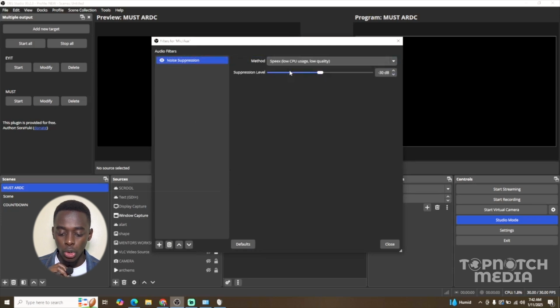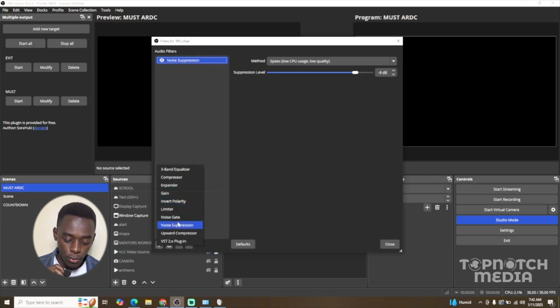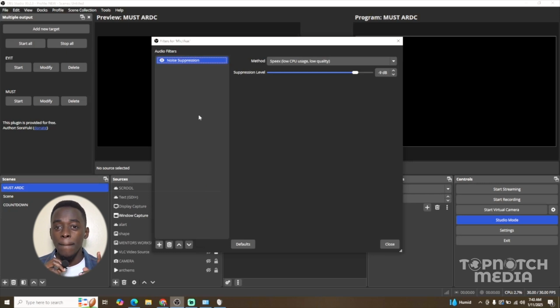Then come here, click on low, and here you'll be able to adjust it according to your preferences. The more you adjust it, the higher the results. So most of the time I normally keep it at around -10 decibels to -1 decibels. That's when I'm trying to reduce the background noise. There are quite a number of more audio filters in here, so you can definitely try them out and see how they work. But try the other first options that I showed you, and if this worked for you,